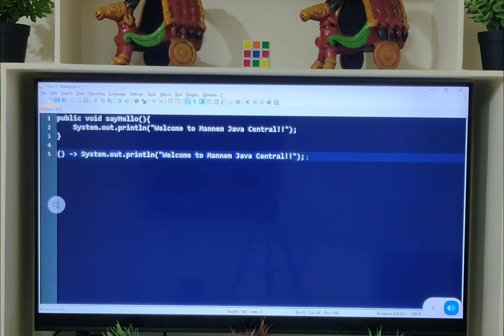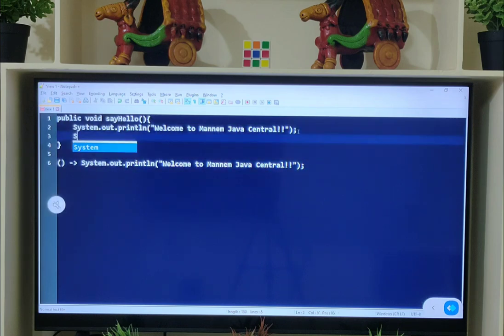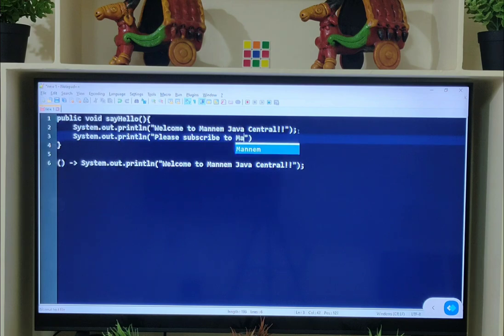And next, if I have more than one statement as part of my body, System.out.println please subscribe to Manyam Java Central. So how many statements are there as part of this sayHello function? Two statements.